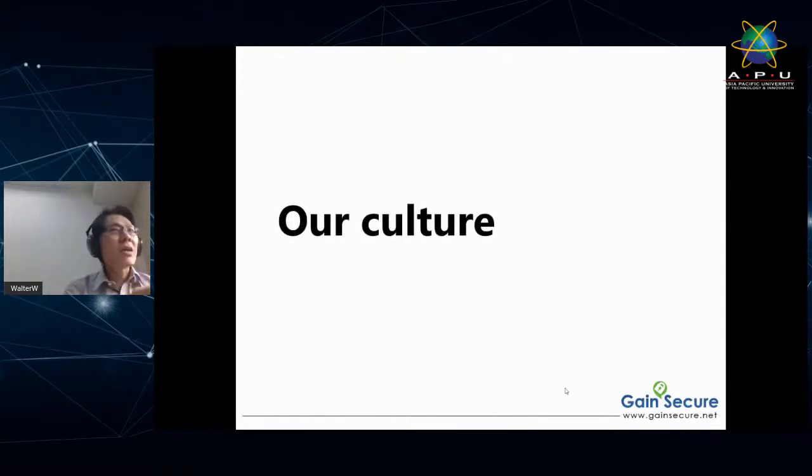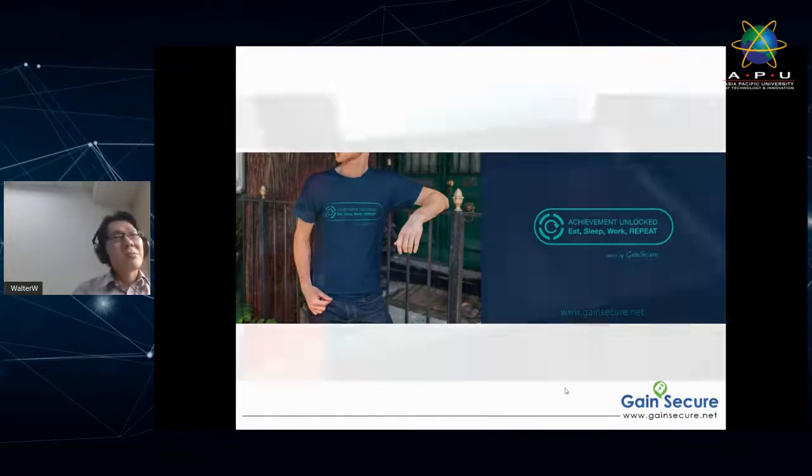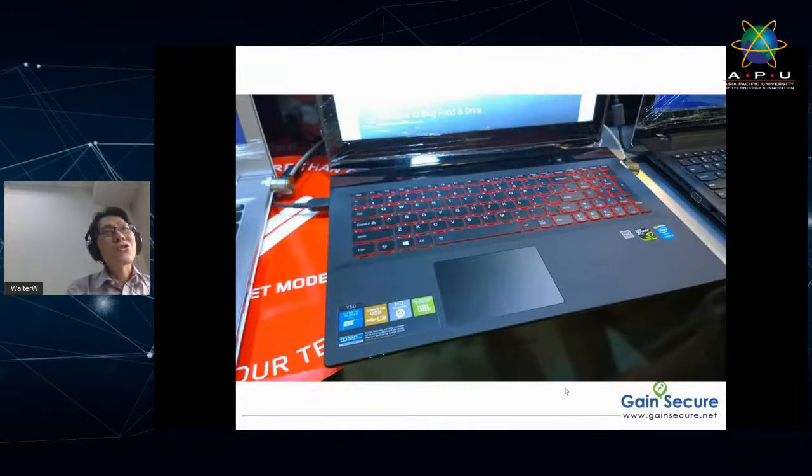Before I continue, I want to talk a bit about the company that I have and the culture I put inside to enable all these things to happen. Number one thing I always tell people is this is our philosophy. In fact, what you see now is a t-shirt design that we printed about 2 or 3 years back and gave out. Eat, sleep, work, and repeat. It's something fun. We believe that in a company, the culture for us is a small team, fewer than 10 of us, but we need to work on something more fun. That's what we practice.